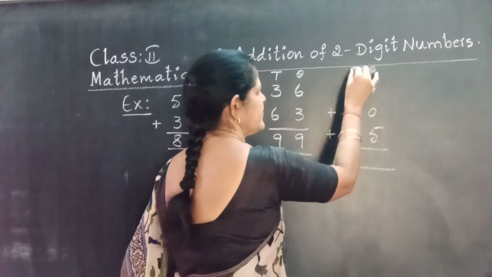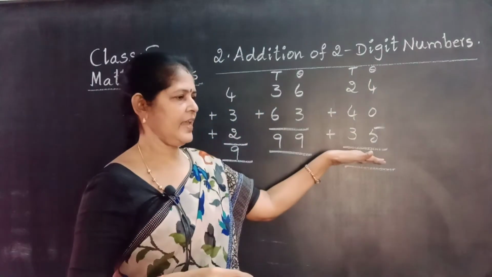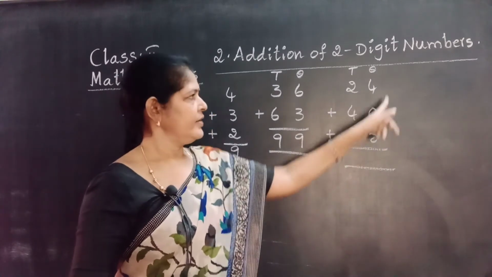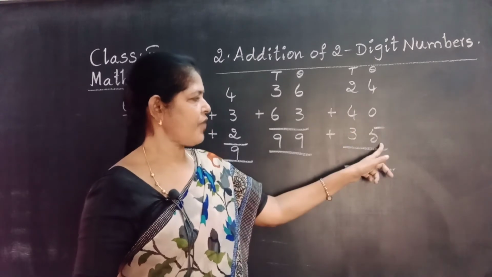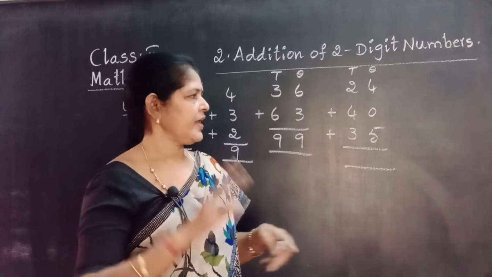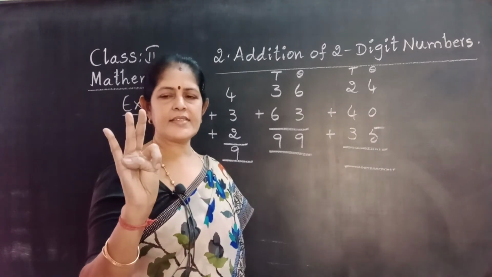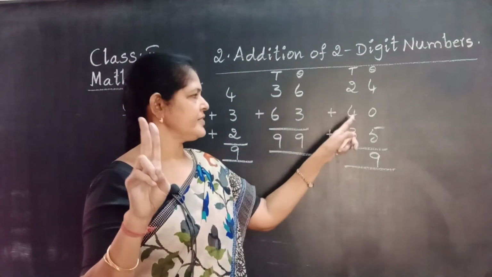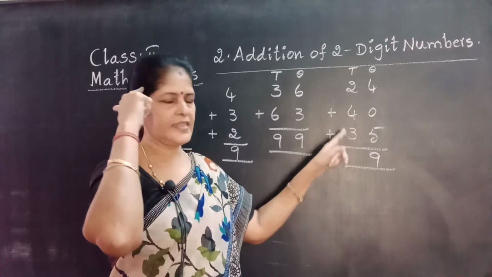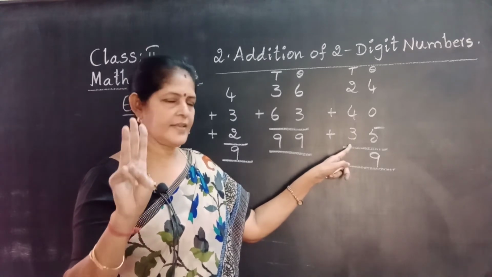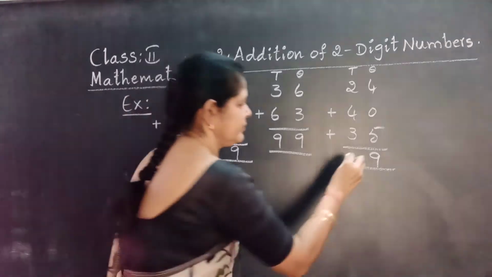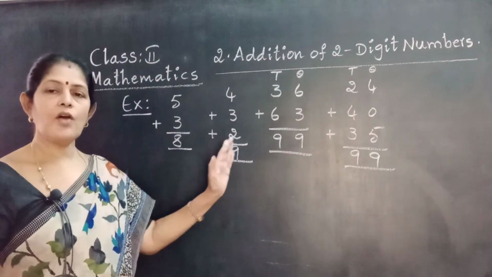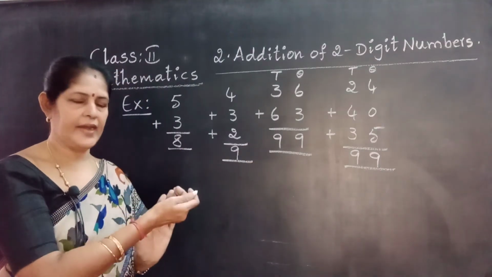Come to here. These are ones, these are tens. 2 digit 3 lines: 24 plus 40 plus 35. Adding ones first. 4 plus 5, no need to add 0. Take 4 fingers, 5 after 6, 7, 8, 9. Now adding tens. Take 2 fingers, 4 after 5, 6. Keep 6 in the mind. Take 3 fingers. The total is 99. These are without regrouping, that means no carry.